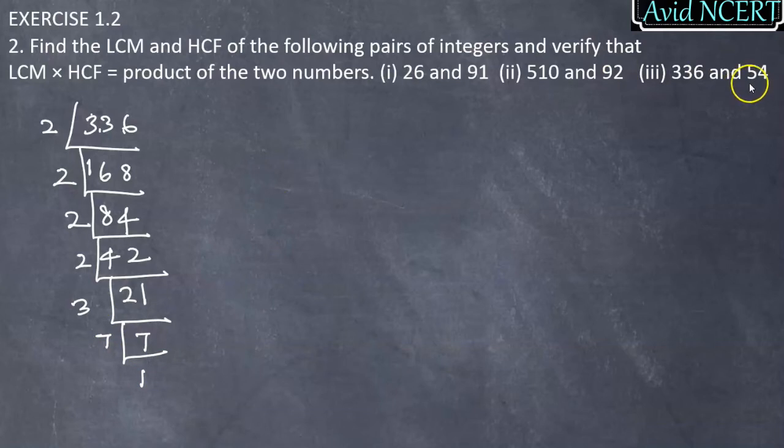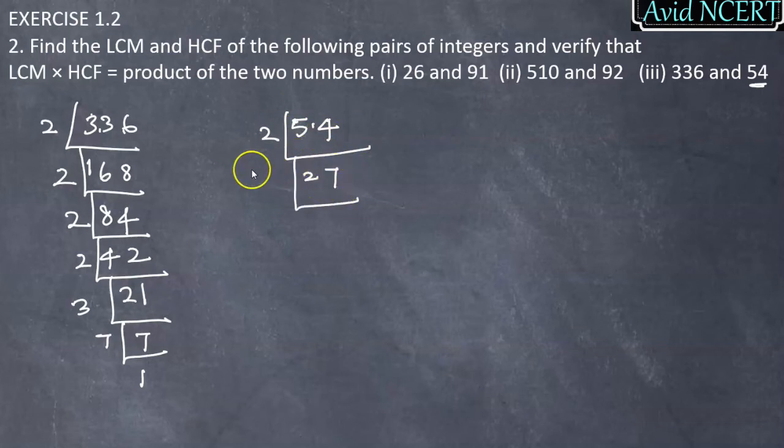Now let's do this for 54. So 4 again, it is ending with 4. So 2 times is 4 and the remaining was 1. 2 7 times is 14 and ending with 7. So it will not be divisible by 2. So 3 9 times is 27 and again 9 it is. So 3 times is 9 and 3 it is 1 time.